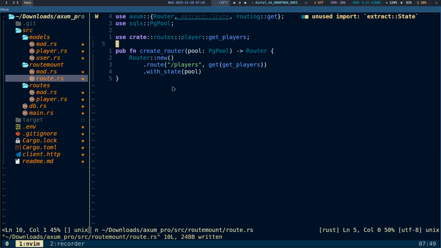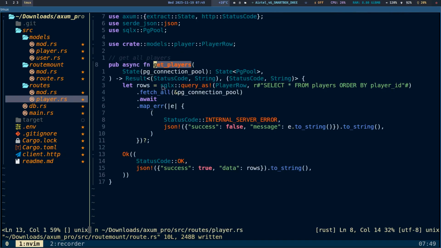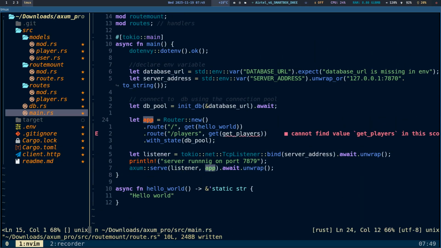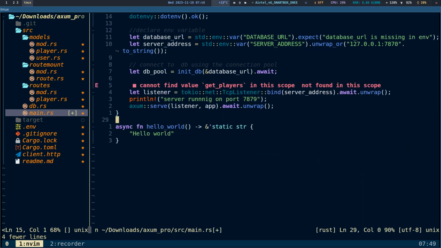So in our route mount, where we call the method, we have the players, get players, then with the state we are passing the pool, the pg pool as a state, and this will call the get players. So I'll call the get players here, then it will come here again to insert the pg pool, then fire this query, and we can mount our app here. So we can remove this, or remove this. I don't need this again,